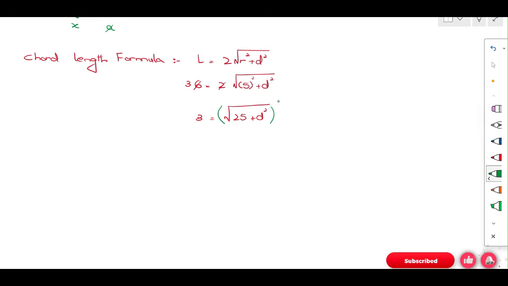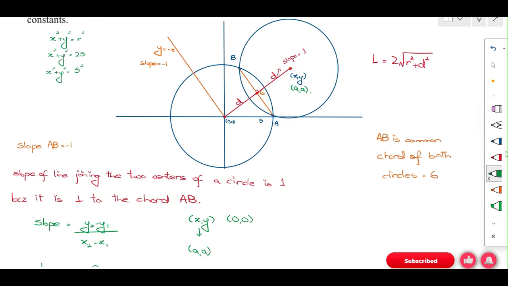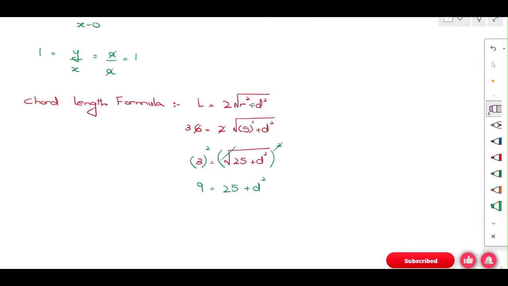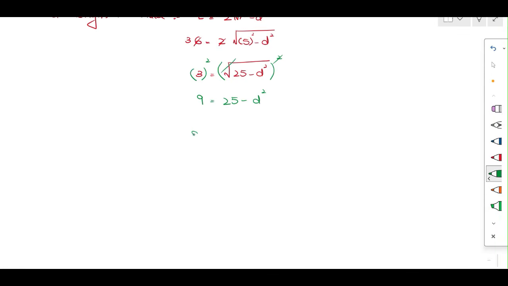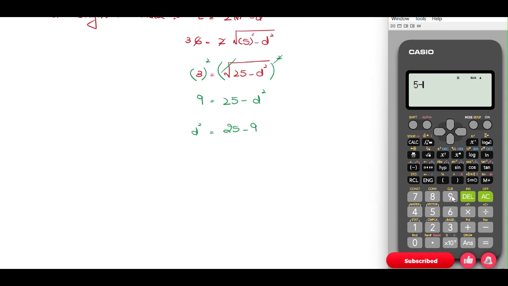Now we have to do the squaring on both sides. 3 times 3 is 9, and the square root is cancelled out, 25 plus d square, right? Okay, sorry, I wrote it wrong. It's minus: radius square minus the perpendicular distance square. It was negative before, and I was thinking that something is wrong here, because the root of a negative number does not exist. Now shift the d square to the other side, it becomes positive. From 25, if we take away 9, that is 25 minus 9,